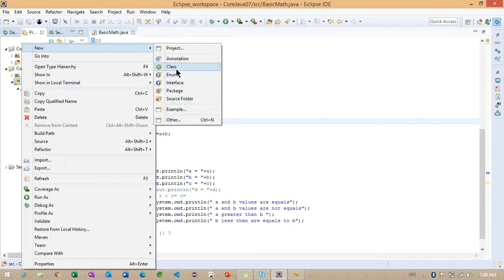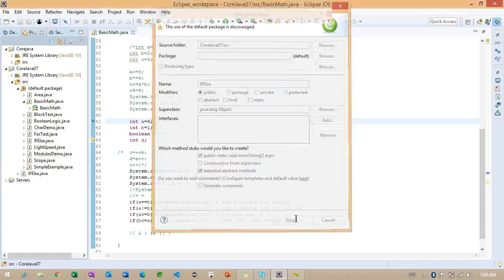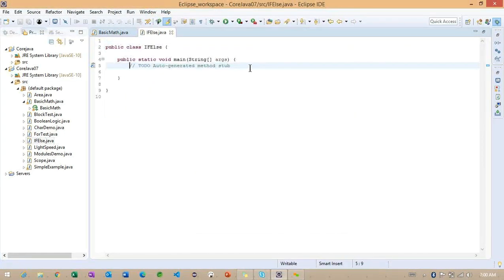Inside this default package, I want to create one more class here called IfElse. Carefully observe how we can work with this if else condition. I'm making a variable called month, and it has the data type int. What value are we initializing?